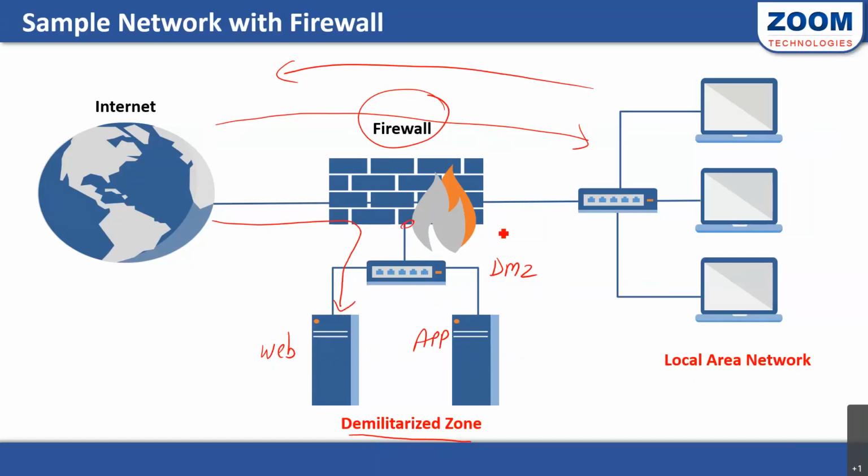The firewall is the one controlling what has to be accepted or denied to all the resources in our organization's network, whether it is a LAN system or a DMZ server. So the firewall is a gateway, and the firewall is the master who controls what kind of traffic is going out or coming in.